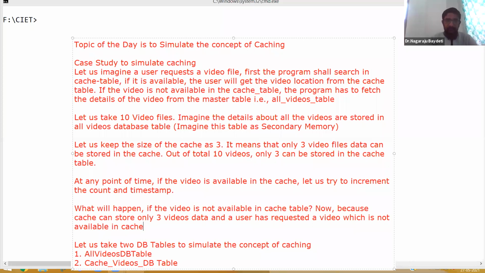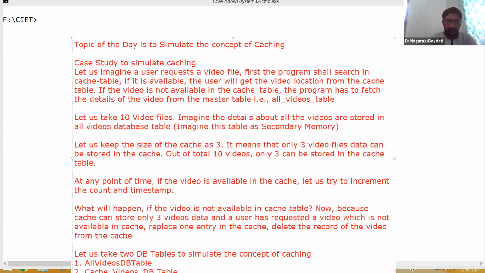Now what do we have to do? What we need to do is replace one entry in the cache. That means delete the record of a video from the cache which is accessed less number of times.